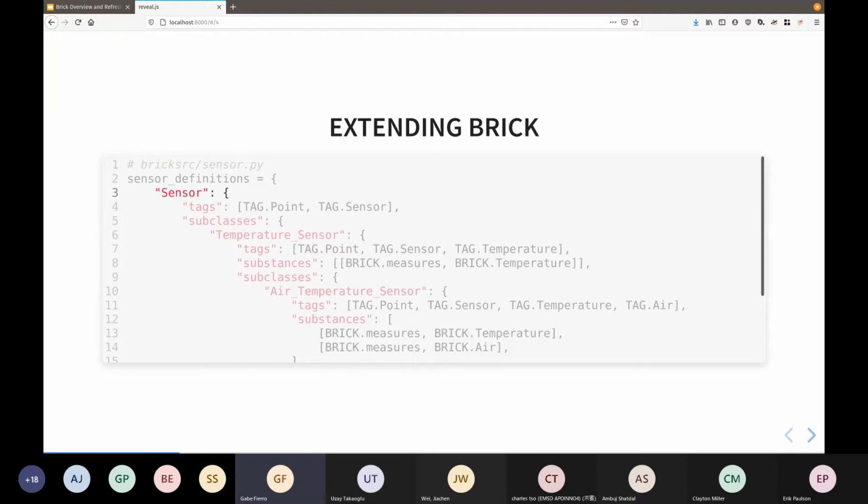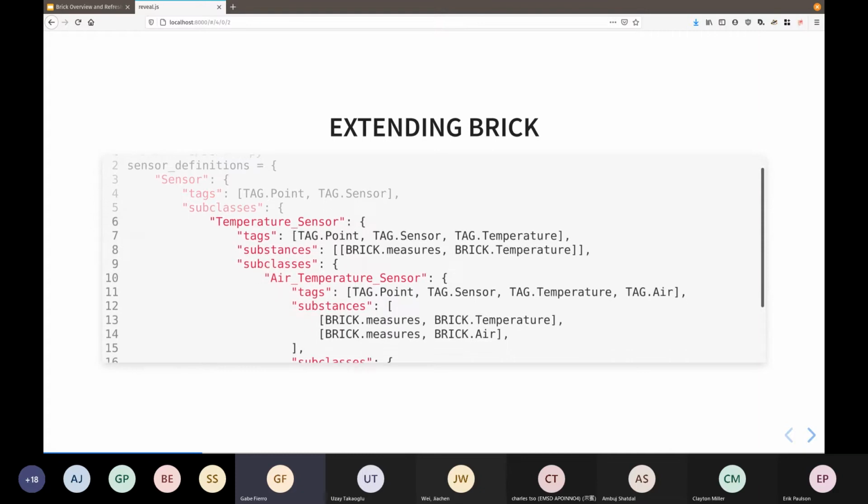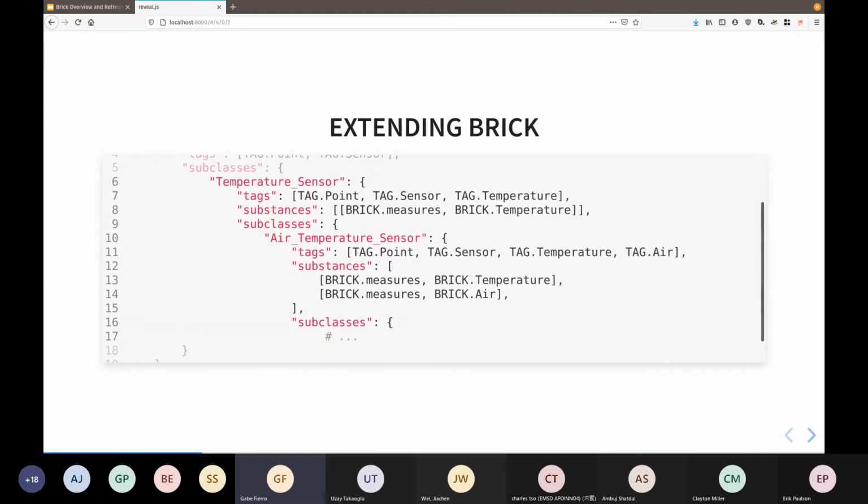You can see this sensor key here in the Python dictionary indicates the definition of the Brick sensor class. There's a list of the tags that are associated with it, and then we have another nested key value structure that lists the subclasses of the Brick sensor class. And so you can see temperature sensor is a subclass of that, air temperature sensor is a subclass of temperature sensor, and so on.